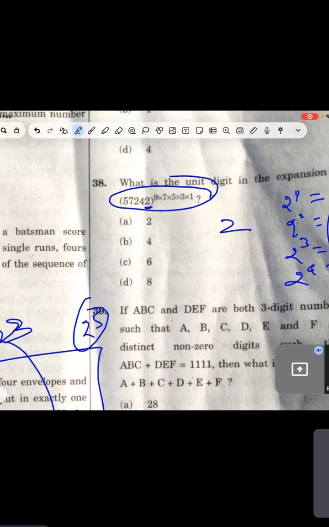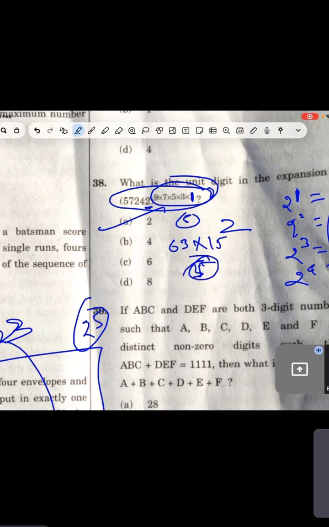So if there is an odd number of ones, the unit digit is 2. So guys, here 1 is there, right? So what will that be? This is the easiest method, guys, actually. Otherwise you can multiply all these numbers, then you will get the same number. Okay, this is the easiest method. You have to find out the cyclicity rule of any number if they are asking like that. So since 1 is there, it means there will be an odd number, because you can count 9, 7, the 63, I think, and 15. So 15 threes, put 5. So 5 at last is there now. It means 5 means what? 1. So it means 2 will be there.